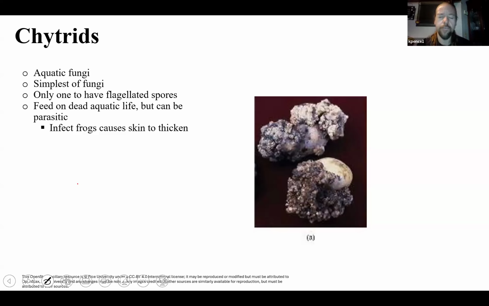There was this area in the Southwest, like Nevada-ish, where they kept hearing these little explosions. They knew stuff was blowing up, like balloons popping, right? And it took them a while to figure out what was going on. What it was is this chytrid was killing off the local frog population, and as the frogs were dying, the fungus was just sapping all the water from the frogs, and the frogs were getting tighter and tighter because air was trapped inside of their abdomens. And eventually they got so tight that they were blowing up. So the frogs were actually exploding in these areas with ponds because they were dying so much from this fungus.